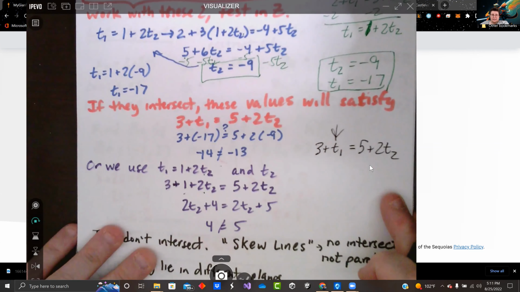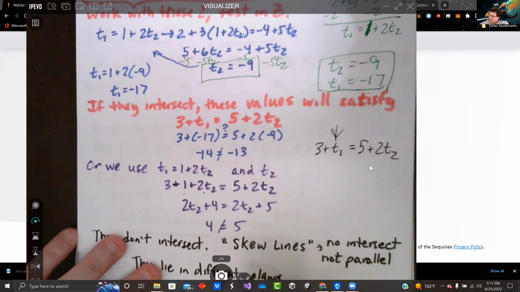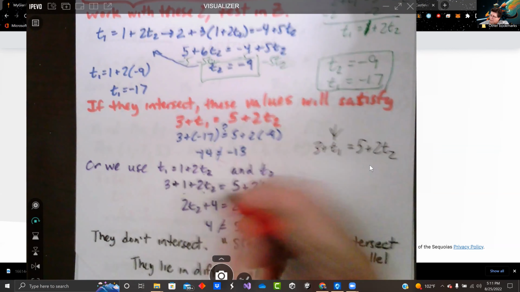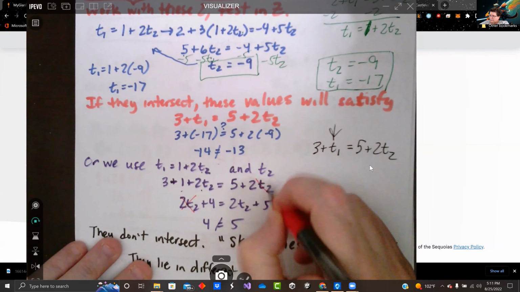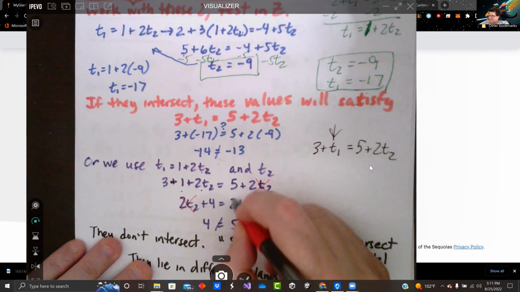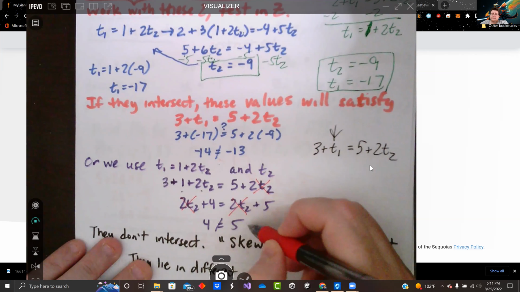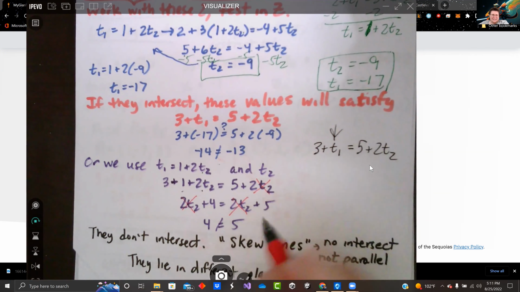If we collect like terms, 3 plus 1 equals 4. Notice I've got 2T2 on both sides. If I subtract from both sides, those go away. I'm left with 4 equals 5. But 4 doesn't equal